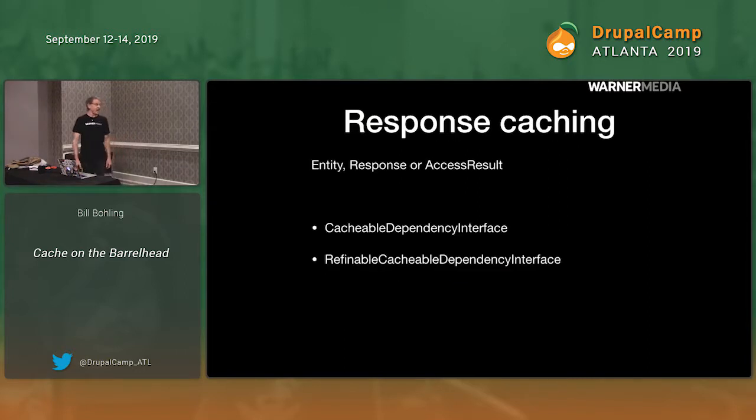So for response caching, like if you're doing a feed API call or something like that, you'll get response caching, and this is provided by the cacheable dependency interface and refinable cacheable dependency interface. Now the difference between those two is the cacheable dependency interface just says that this item is a cacheable dependency. And so that's good for stuff that doesn't change very often. The refinable cacheable dependency interface is more configurable, so it has methods to set a tag and set context